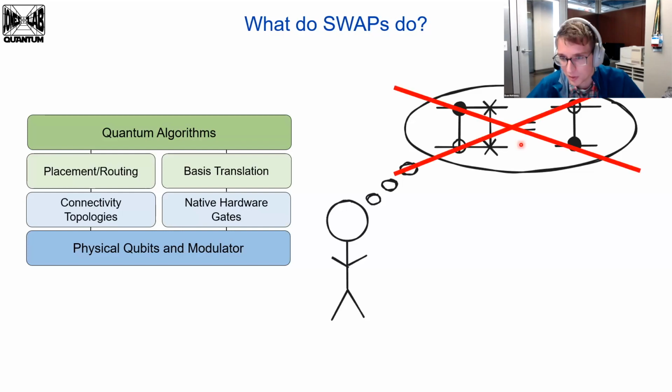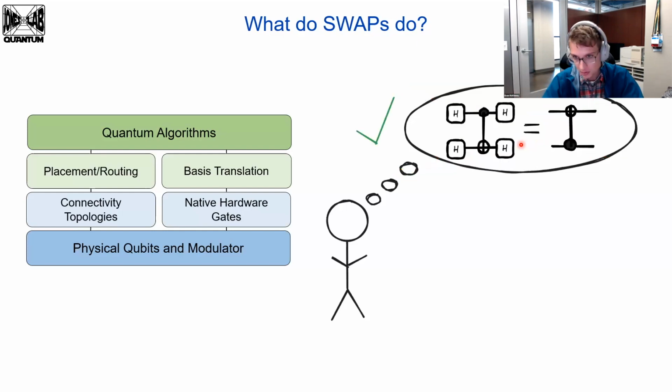However, I left this up for a while. Maybe some of you are frowning at this. This is actually not true. And I wanted to include this cartoon because this is something that confused me. Despite me mathematically knowing that this wasn't true, sometimes you look at the swap gate and you just intuitively think, okay, I'm moving things around, I'm just flipping the wires, so my CNOT is just an upside down CNOT. I knew this wasn't true, but I often looked at this circuit and I didn't always recognize it immediately. So what actually is true is that the CNOT is flipped upside down by these Hadamard gates,